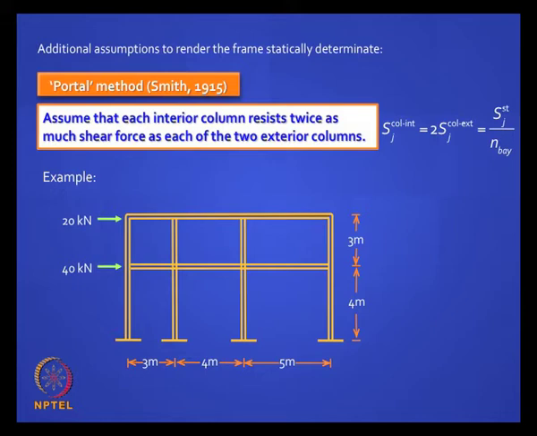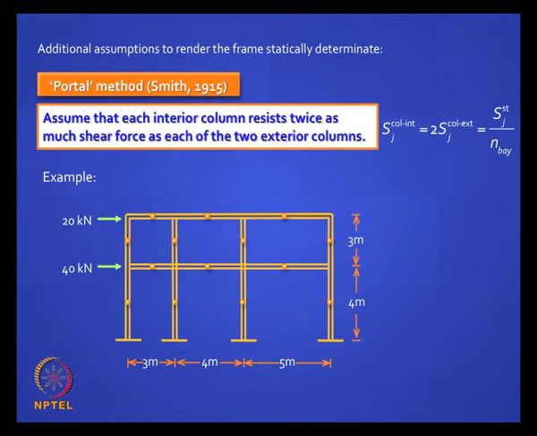It is a 3-bay 2-storied frame. Usually the ground story will have a larger height because your foundation is located not at ground level but at some distance about a meter or 1.5 meters below the ground. Okay. So take this example and you can work on it. It helps if you have multiple colors in your pens because otherwise just take a look at it. How do we proceed?